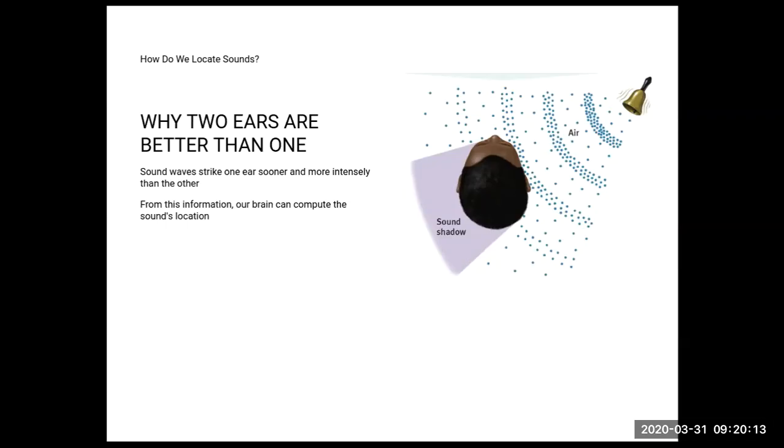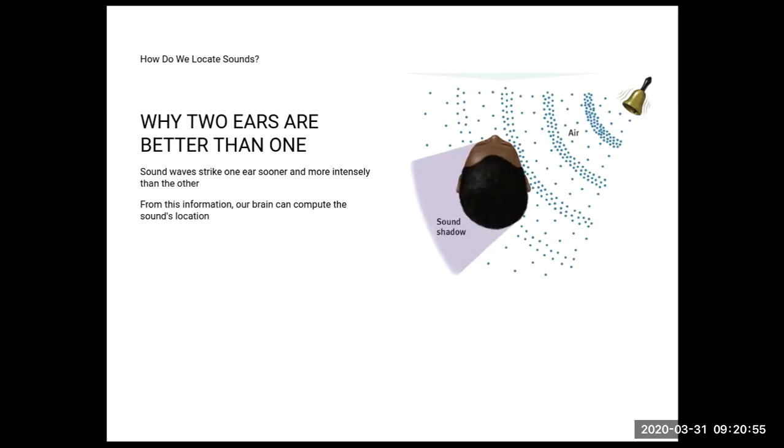As you can see from the picture, somebody ringing a bell, and this would be in the right ear, so I guess I'm doing things the opposite. But if a bell is ringing in my right ear, then it's going to hit my right ear first, then it's going to have to go around or over my head and hit the left ear, which means that it's hitting the right ear first. Now, it would be really annoying if we didn't have something to compensate for this. So even though we hear things like a bell ringing from the right side, or me talking to you from the left side, at least our brain corrects for it,